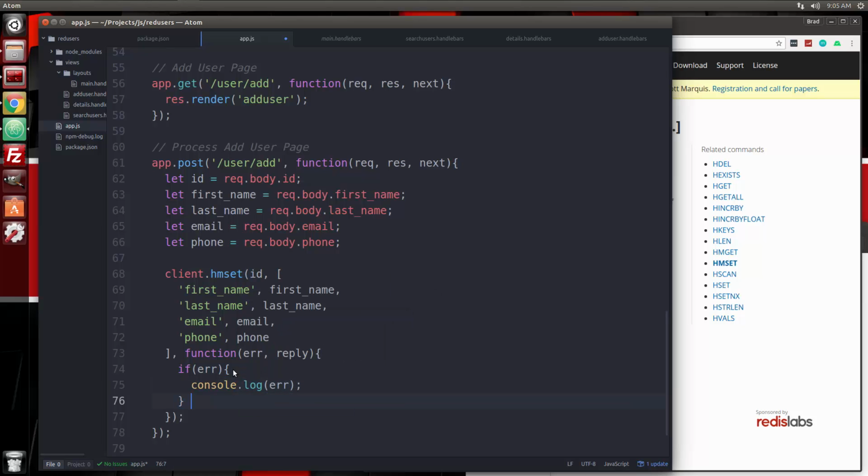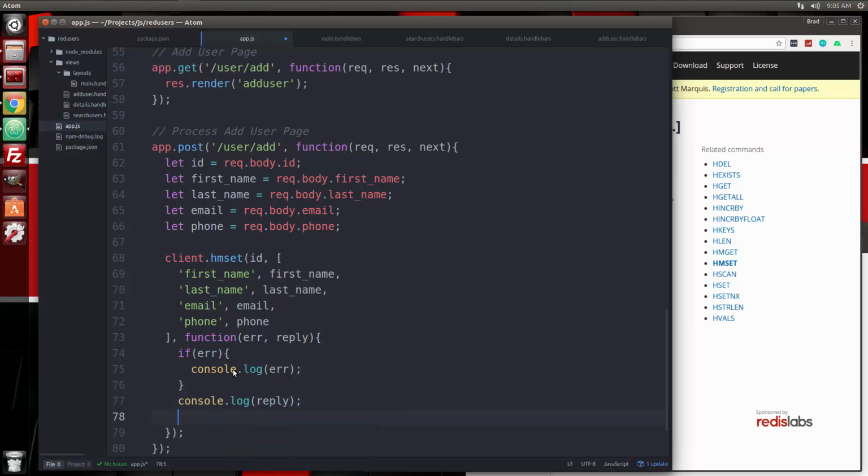And if there isn't, actually we don't even need to put an else, then we're going to just console.log the reply, and we're just going to redirect. So res.redirect, we want to go back to the home page, so it's just slash. Alright, so let's save that,